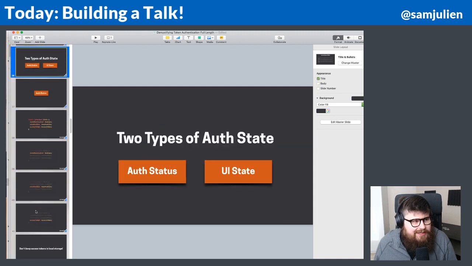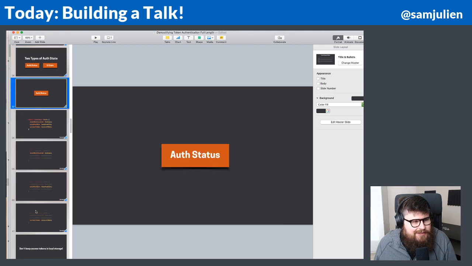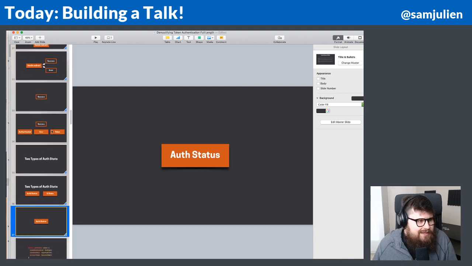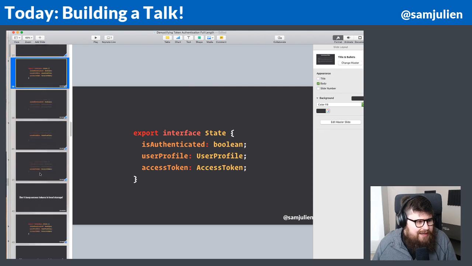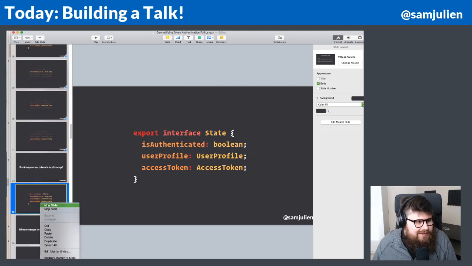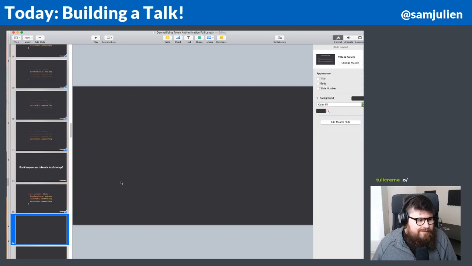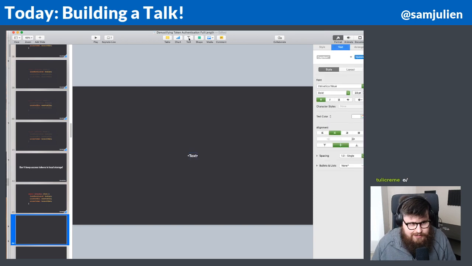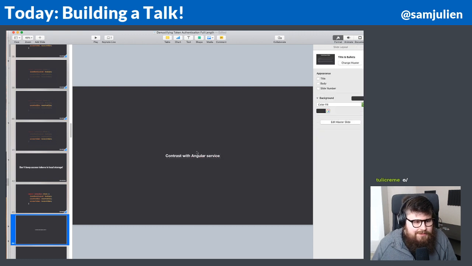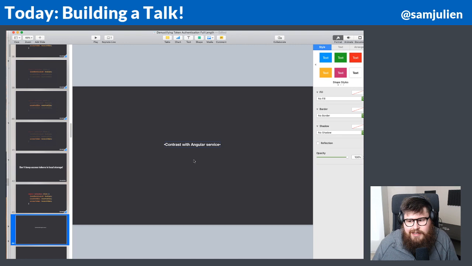I should probably add in here that typically what we do in plain Angular is to store these things in the service. That would probably make a lot of sense. So I'll contrast that with, I'll just add a text thing real quick. Contrast with an Angular service, where we would typically have a